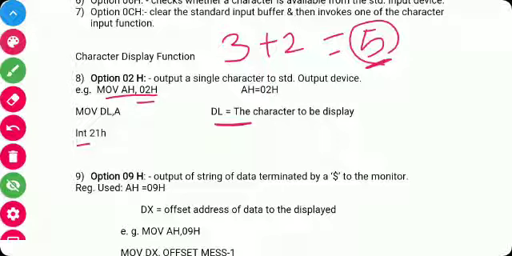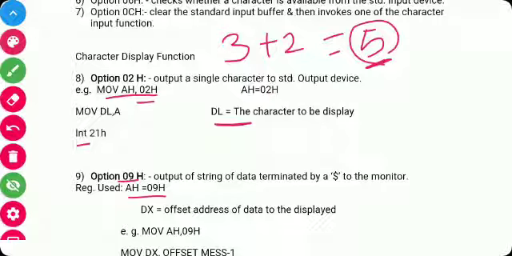Similarly, 09H is also an output function, used to output a string on the monitor. A string is a sequence of characters. Like we use the printf function in C, here we use the 09H function. We have to store the 09H function in the AH register.